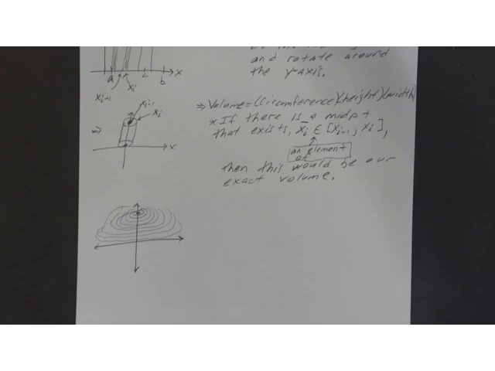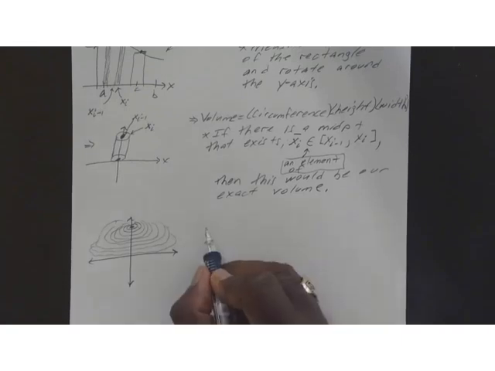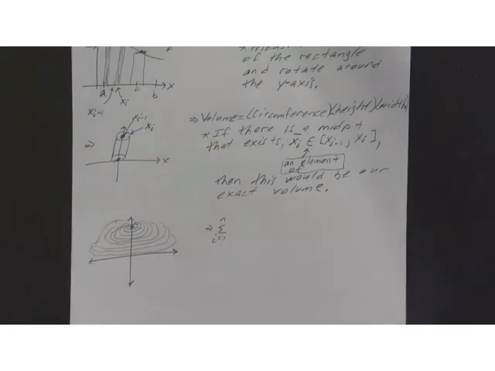So it should kind of look like a shell. So again, the number of rectangles, we want to get them as many as we possibly can, because the more rectangles we have up here, the more accurate our actual volume will be. So we're going to have the sum from i equals 1 to n